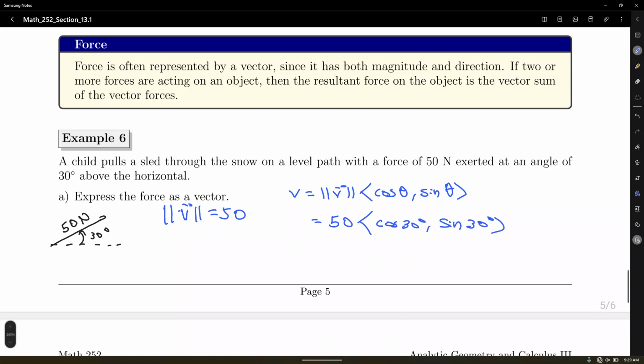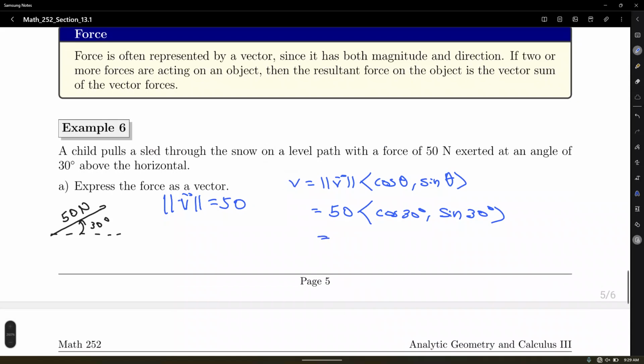These are pretty basic numbers, so that's going to be 50 times root 3 over 2, and 1/2. In this case, you might want to simplify, essentially distribute the 50. 50 is going to go into 2 for the two components. That's going to give us 25 root 3